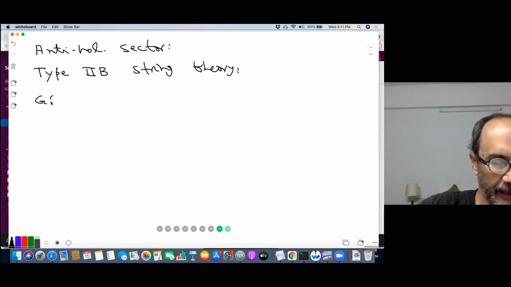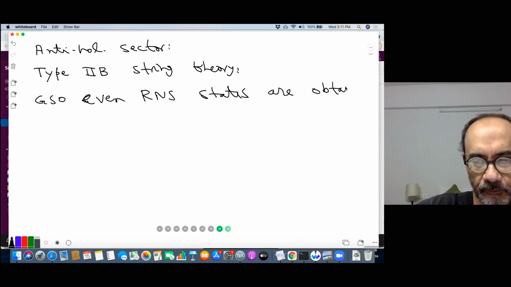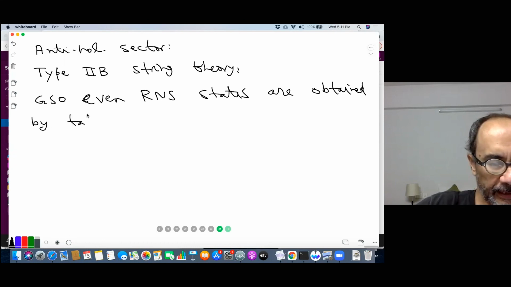So GSO even RNS states are obtained by taking the product